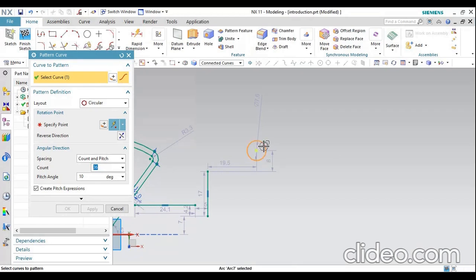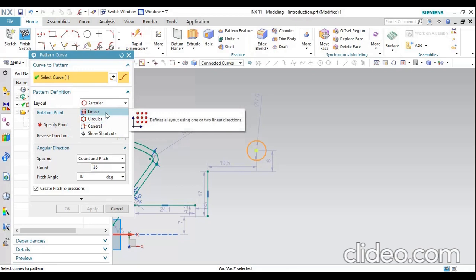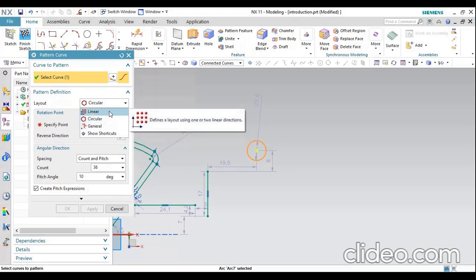So this one. Then next, layout section. In the layout section there are two types of curve patterns: one is linear and another one is circular. Linear will be used for a straight line pattern and circular will be used for a center point base. Circles will be formed around the center point.